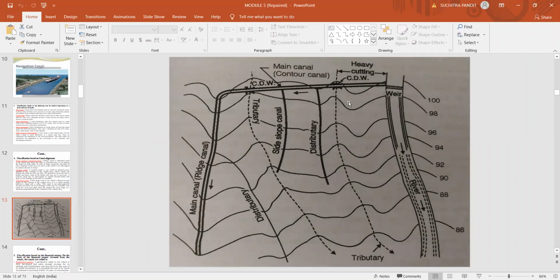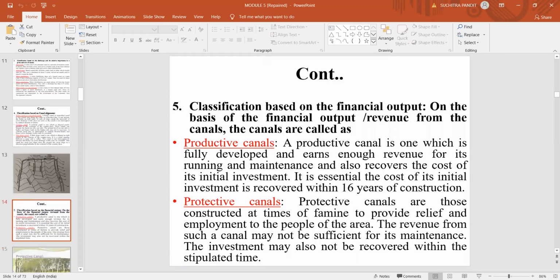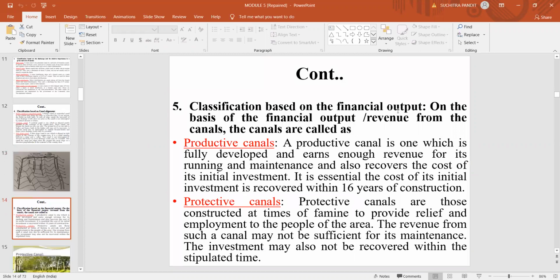And these are the canals which follow the contour of that particular area, which can irrigate only one of its sides. So next, the fifth classification is the classification based on the financial output. On the basis of financial output or the revenue from the canals, they are classified as